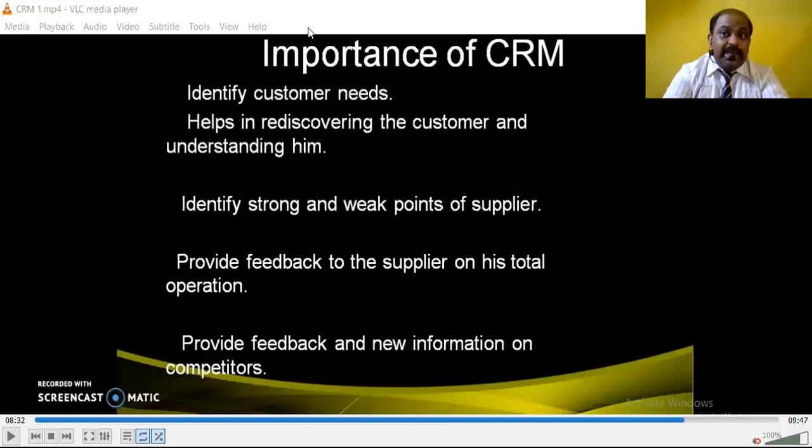It is your duty to take care of what is going on in the market. आपका फर्ज बनता है कि कंटिन्यूअसली आप चेक करते रहो कि व्हाट इज कॉम्पिटिटर्स प्लान, व्हाट इज कॉम्पिटिटर स्ट्रेटेजी, व्हाट इज कॉम्पिटिटर स्टैंड, व्हाट इज कॉम्पिटिटर्स व्यू, व्हाट इज कॉम्पिटिटर न्यू पॉलिसीज, न्यू डिसीजंस, and you have to work accordingly as per the competitor's requirement. You have to provide the feedback and new information on competitors. क्या नया करने वाला है? क्योंकि once you are not in touch with what is effective in the market, and जरूरी नहीं कि you have only one competitor. There are many competitors,